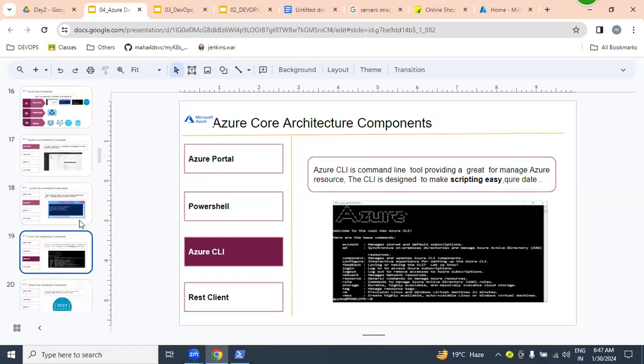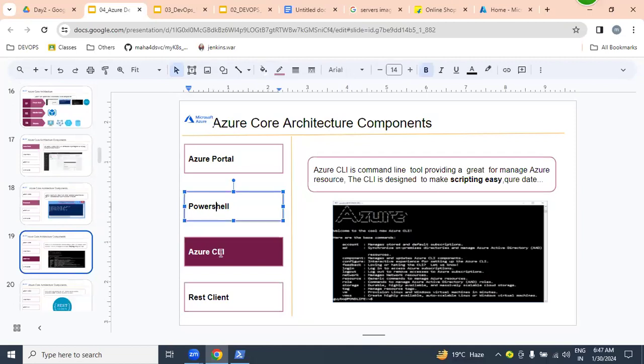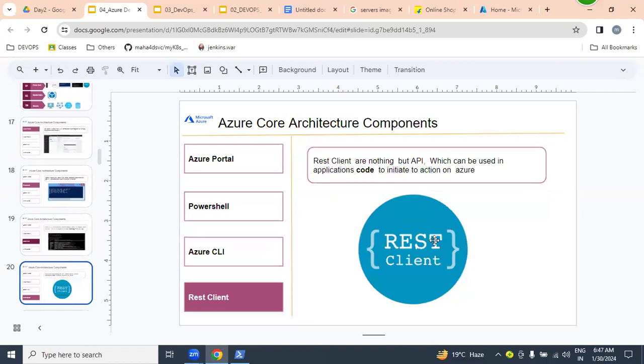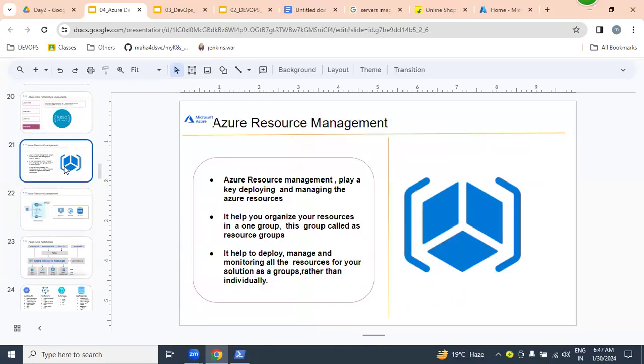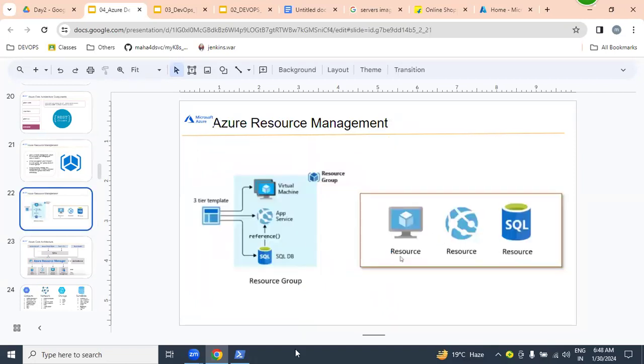REST API is nothing but code, like Java, .NET, Python. By writing and executing code, we can create servers and database resources in Azure. By using these four, we can be authenticated as a valid user. Once authenticated, we can create resources like databases, virtual machines, network, storage, whatever it may be.